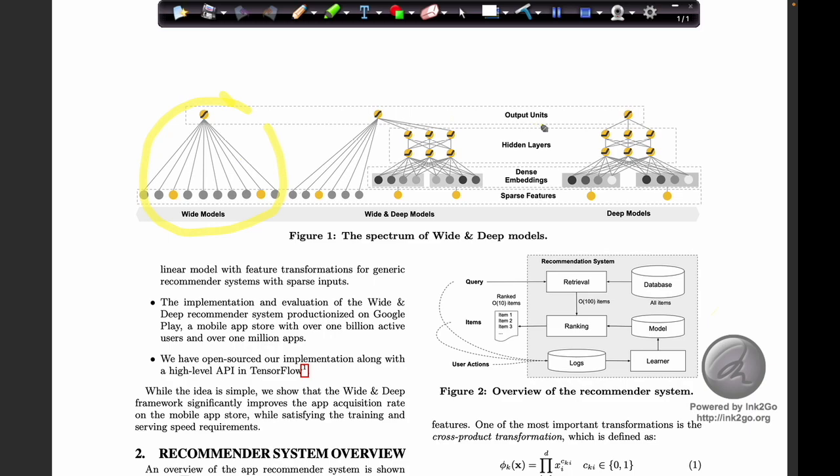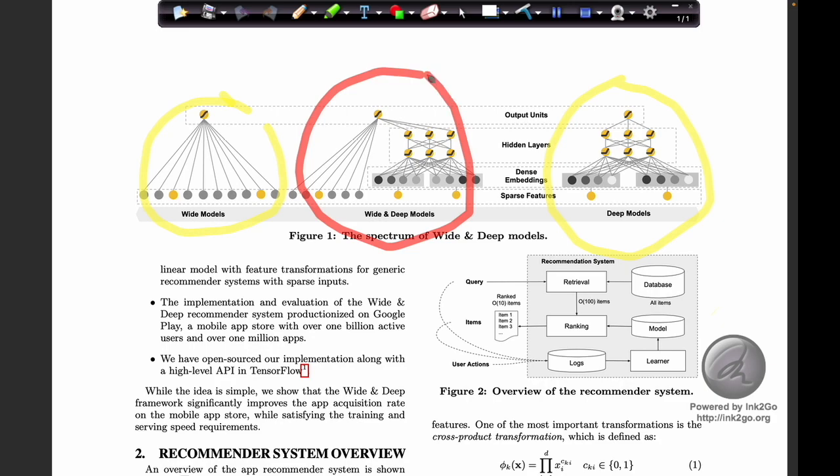Whereas the deep neural network learns from the raw data, and it generates new features and learns new feature combinations from the raw data. So the best of both worlds is the wide and deep neural network.